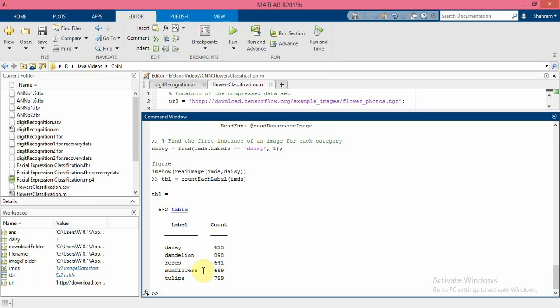When you don't have an equal number of images in each category, it is better to adjust it in order to balance the number of images in the training set. Also, I want to reduce the time that it takes to run this example. So